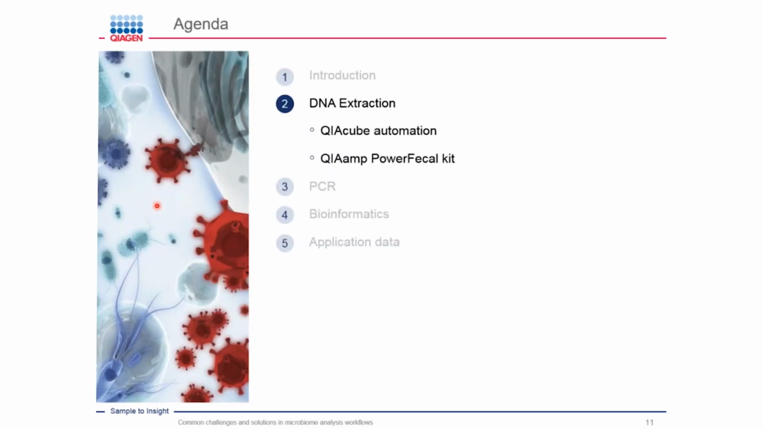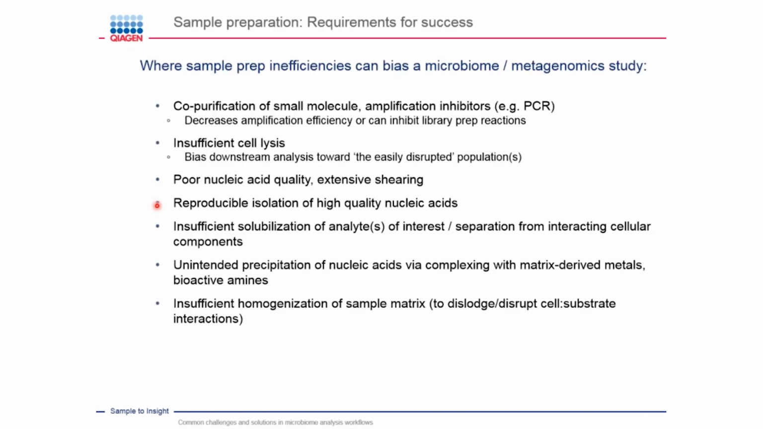So let's jump into the DNA extraction part. What is important for your samples? We said already that you require good nucleic acid quality. You don't want to have shearing. You want to have a reproducible isolation of high quality nucleic acids. For this, you have to